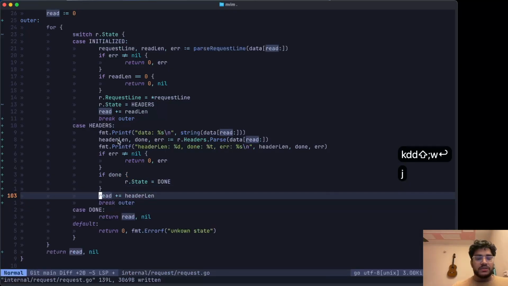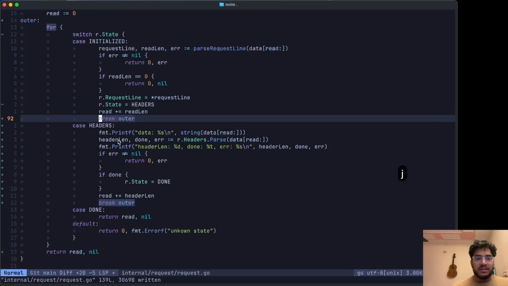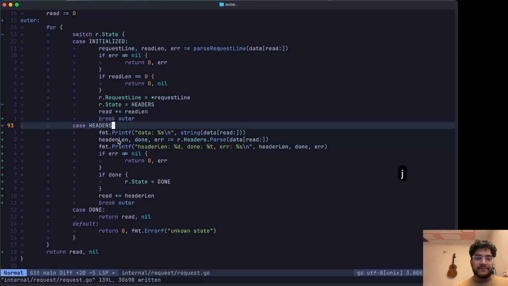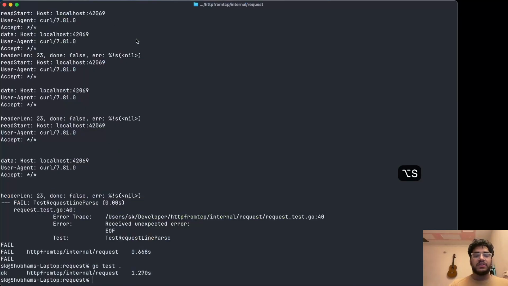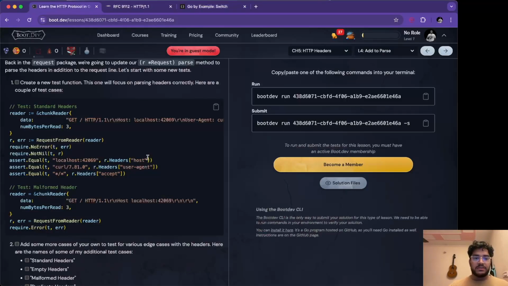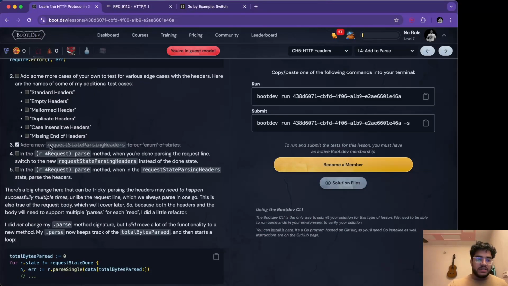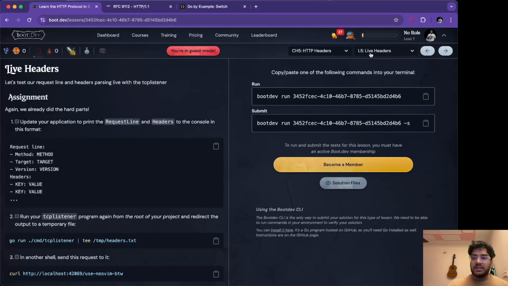Okay, so what should I do? There should be another way to break out of the loop. Okay, so I think this is how we are able to break out of the loop. And the break outer doesn't harm here, I think. And this one is actually pretty okay. Break outer will work here. So I'm done with the request header. And it took a lot of time just to get out of that block. So I'm done with all of this, and I think let's move to the next one,